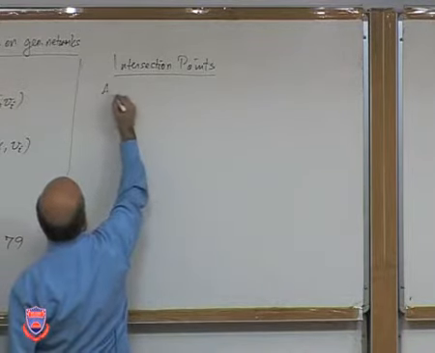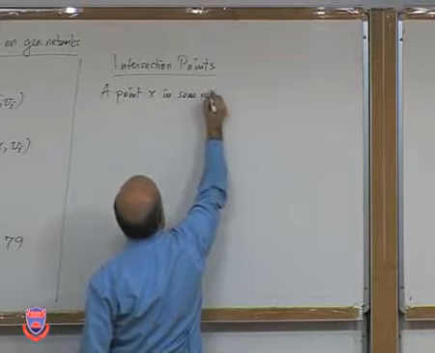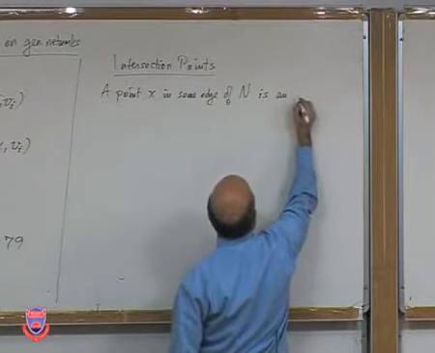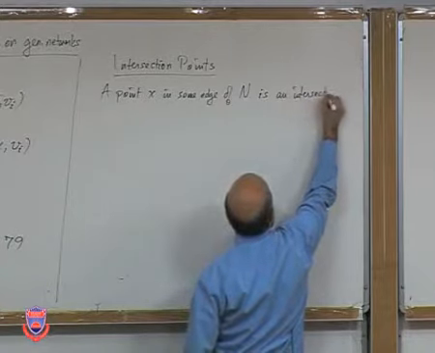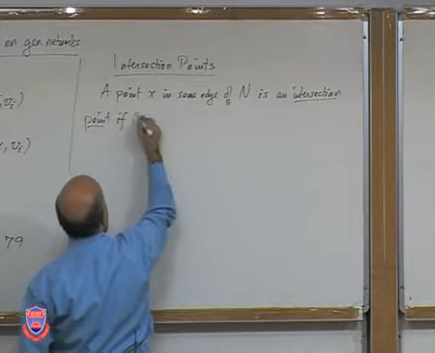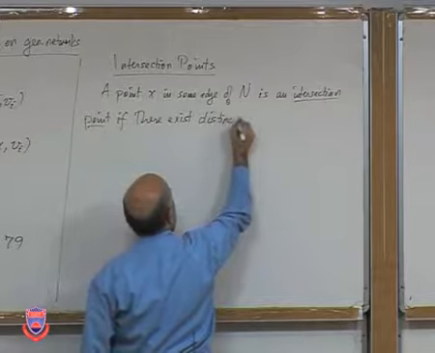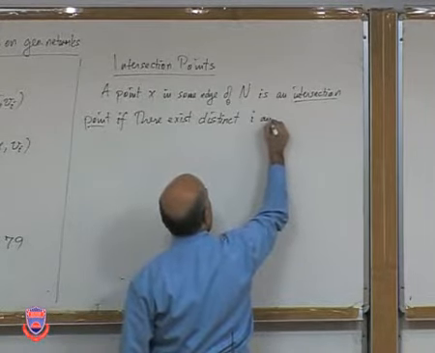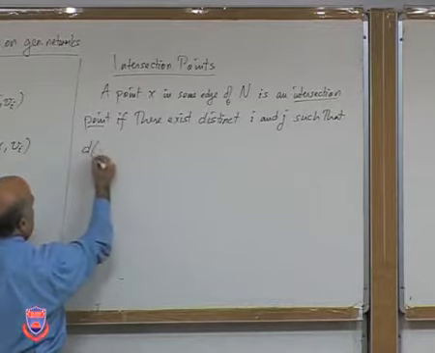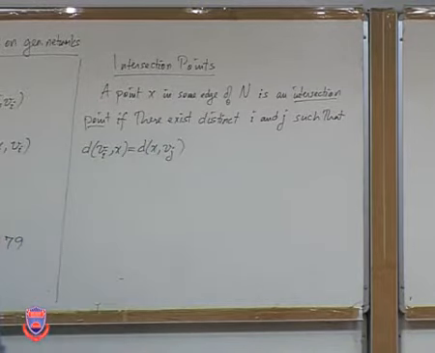So we say a point x in some edge of the network N is an intersection point if there exist distinct vertex indices i and j such that the distance d(v_i, x) is equal to the distance d(v_j, x),